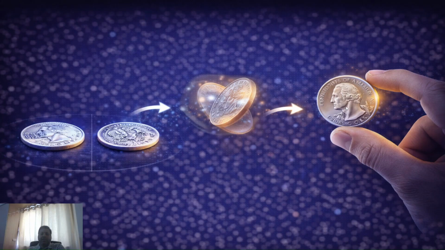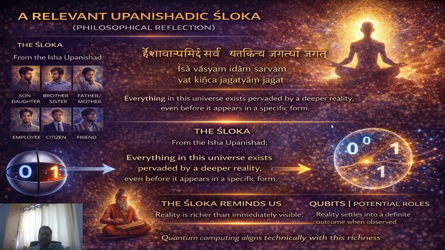So a qubit is not giving you multiple answers. When you catch the coin, you only have one answer. But when it is in the air, the possibilities are different. It can be a head or a tail. So it allows multiple possibilities to exist before you observe it, before you catch it. Once you catch it, you only have one possibility. Very clear, right? Now let us get on to the next slide.